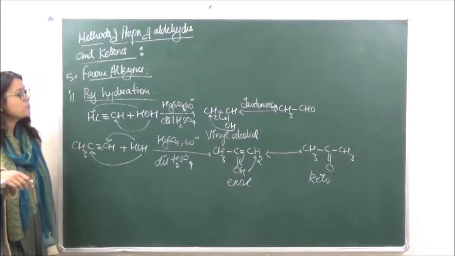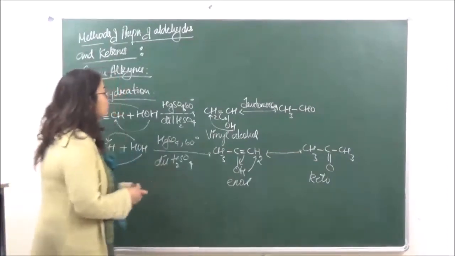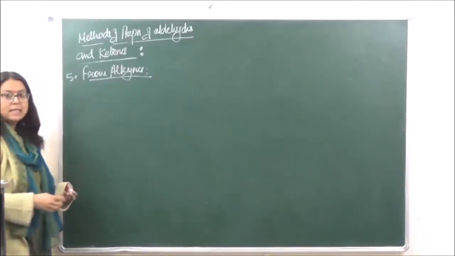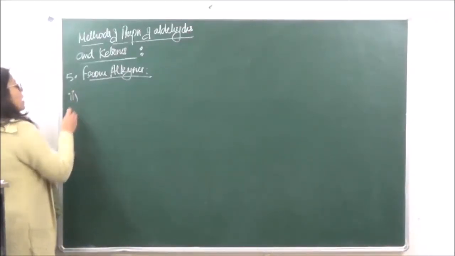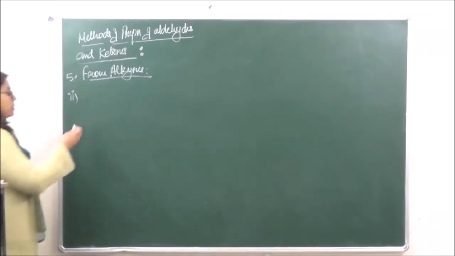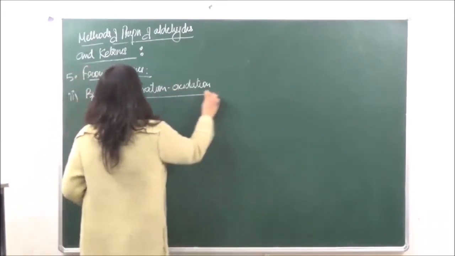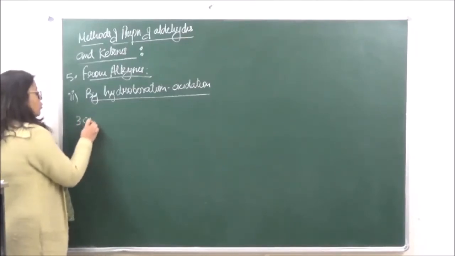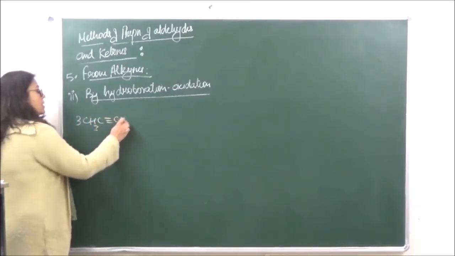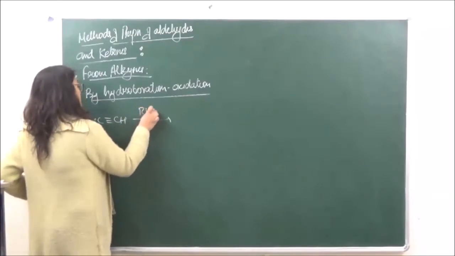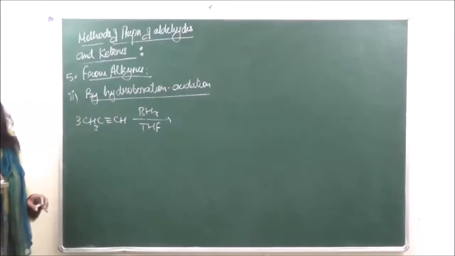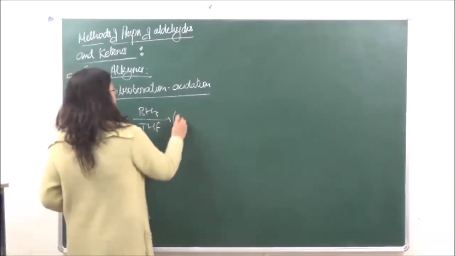Then the second method of preparation is by hydroboration oxidation. So it is the same as we had just done, by reacting it with borane. Second method of preparation from alkynes, that is by hydroboration oxidation. Again over here we are going to treat the alkynes with B2H6 or BH3. So we have 3 molecules of CH3 C triple bond CH, BH3 in presence of THF. This is going to give us